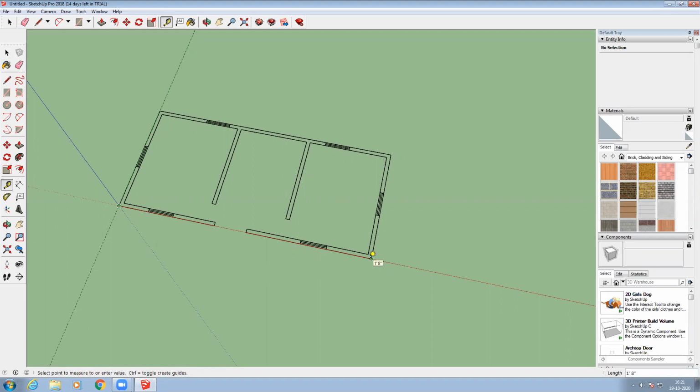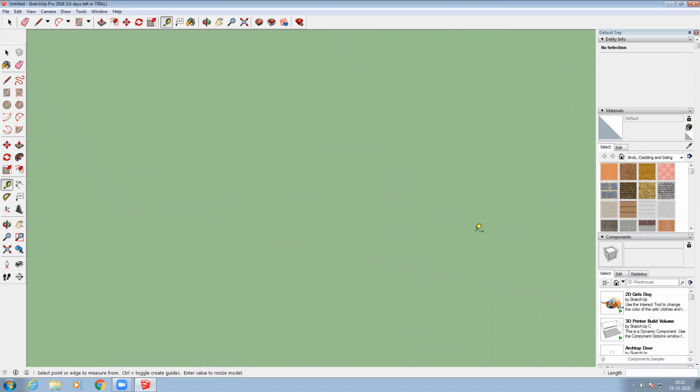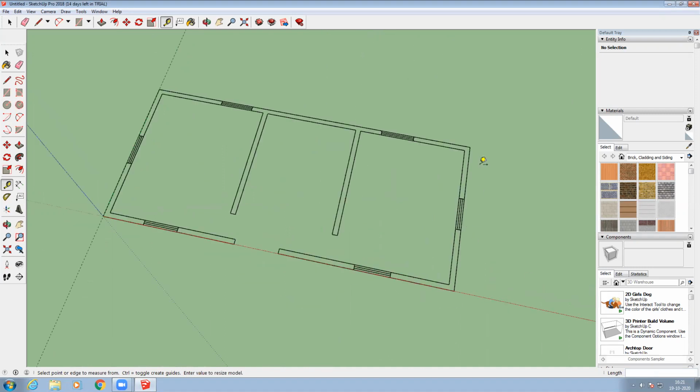So click here and click here, and then I'm going to provide the dimension as 22 feet here, and it is asking, do you want to resize the model? Yes. So the model is resized, and now you can check this dimension also. Previously it was showing some 1 feet, right? Now I can check the dimension.